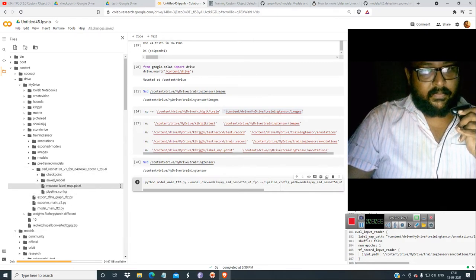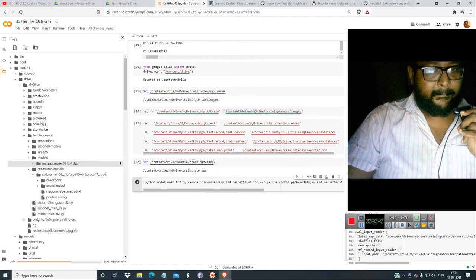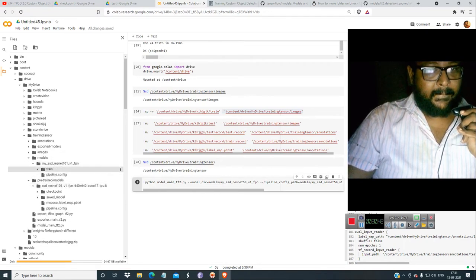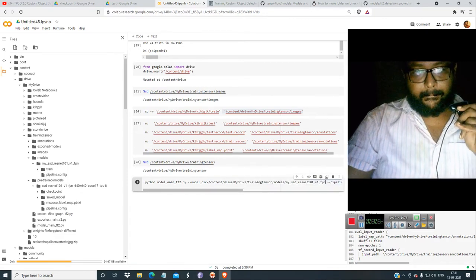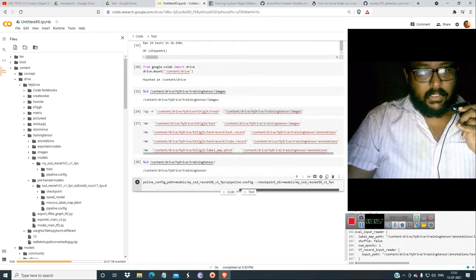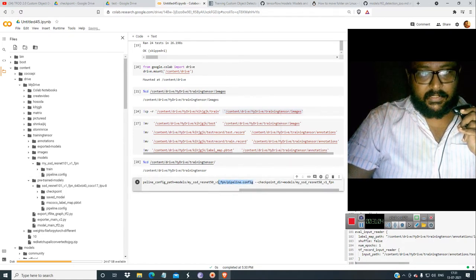So fpn SST is given over here. Just copy this and paste this. Another thing is that you have to copy the pipeline config. So copy this path and paste it over here in the pipeline config.